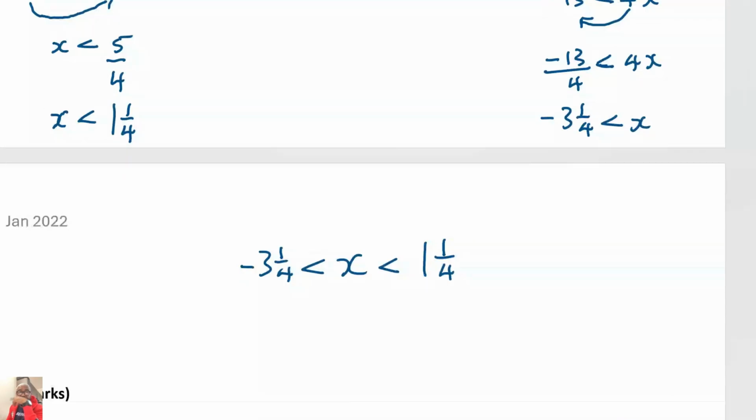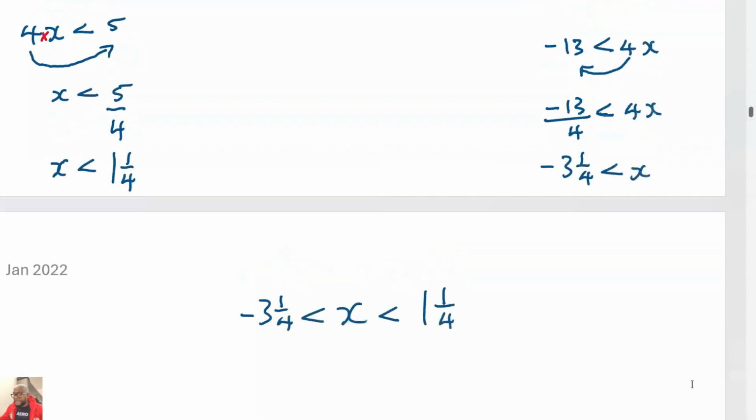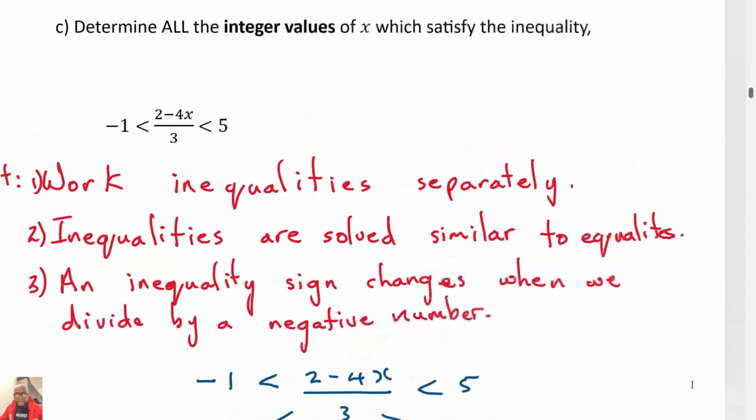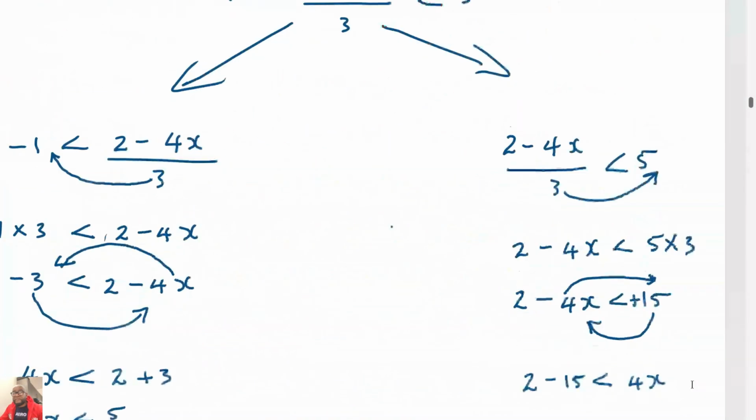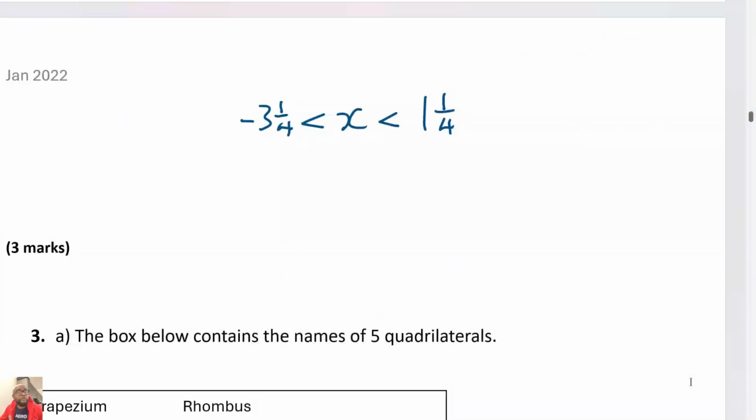Saying it again, right? If x is less than 1 1/4, it means x is a number less than 1 1/4, and then negative 3 1/4 is less than x. So that means it is to the right of negative 3 1/4. Now the question asks us, rolling back up to the question, determine all the integer values. So we're actually looking for whole numbers, right? So I'll put, therefore, the integer values would be,